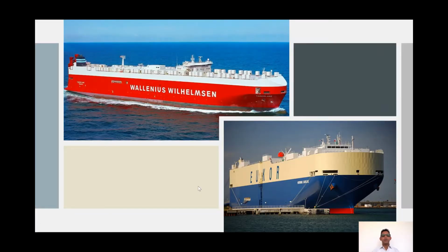These are called ro-ro or the car carriers. The passenger car ferries are also a kind of ro-ro ship. These are a bigger kind of ro-ro ships. They carry cars, trucks, trains, machineries, helicopters, boats, you name it, everything can be carried, as long as they can be driven inside, towed